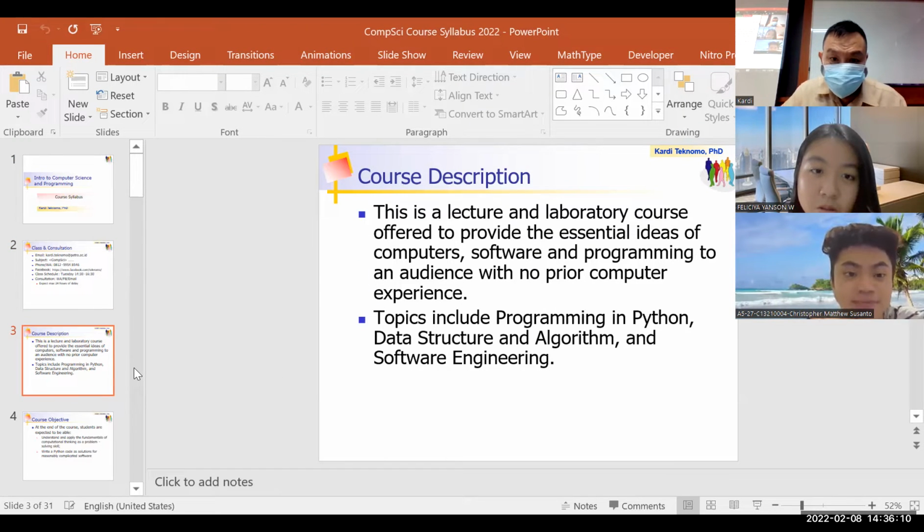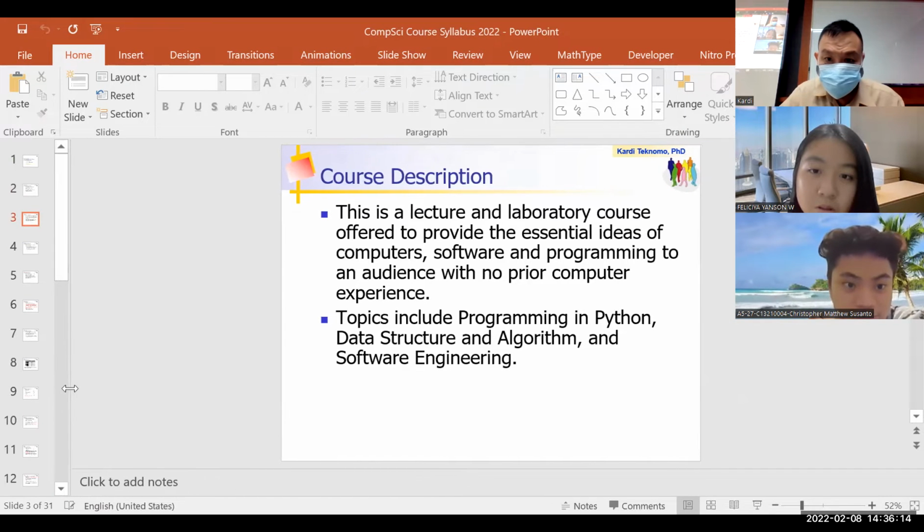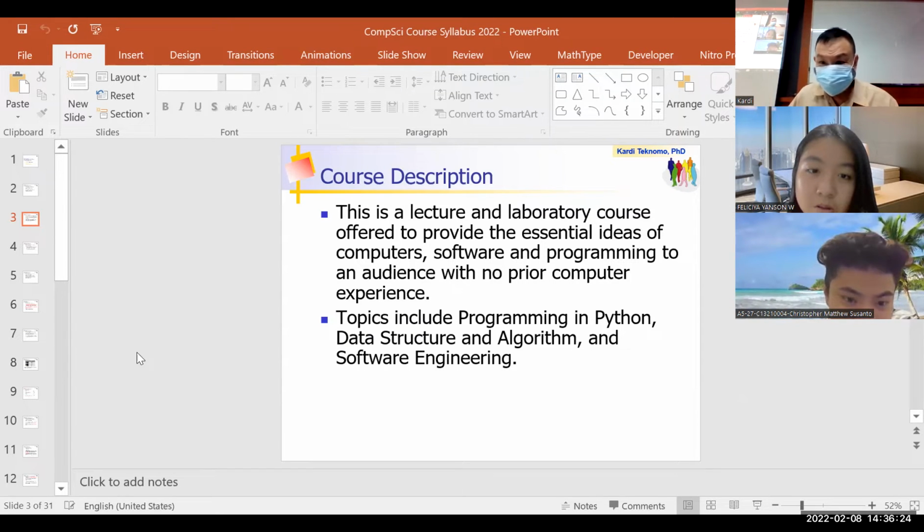So in this course, it's basically a laboratory course. So there are some lectures and mainly it is about the laboratory course. So essentially you will learn programming in Python. Okay, so you will learn data structures, but in the beginning and the end, we will learn about software engineering. Okay, and what else? So you will learn about what is computer, what is software, what is programming, and then